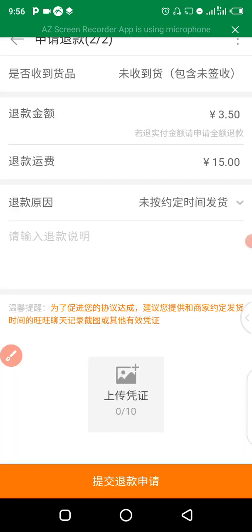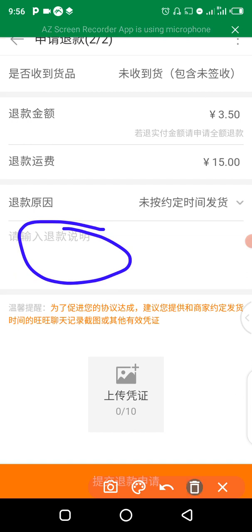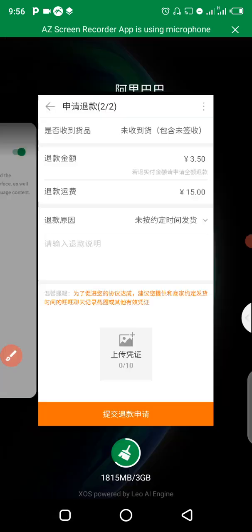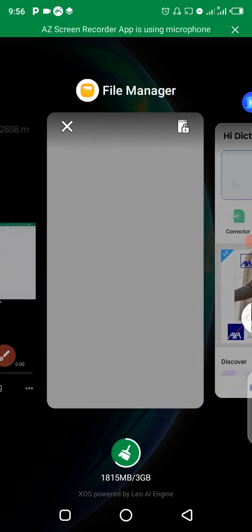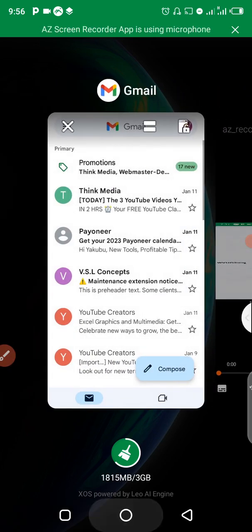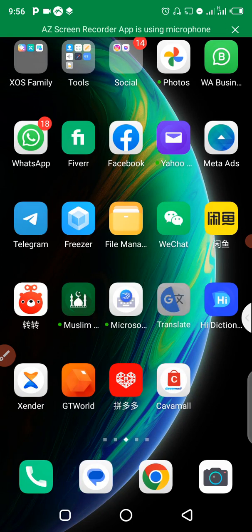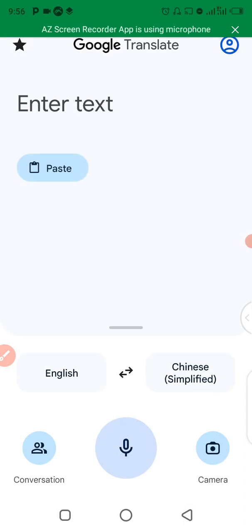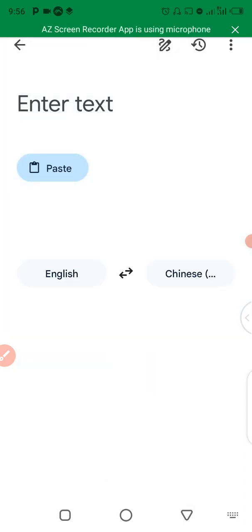So now the last stage here is to type in the reason why you want to ask for a refund. For an easy one, you can just head over to Google Translate and type in English while the keyboard converts it to Chinese characters so that they will understand what you are saying. So just say supplier or seller